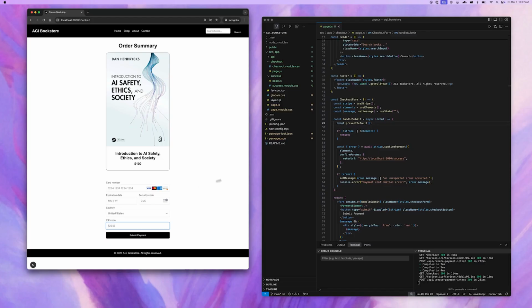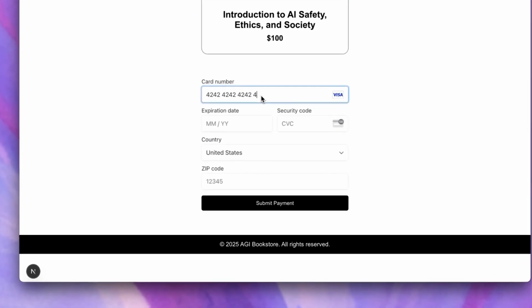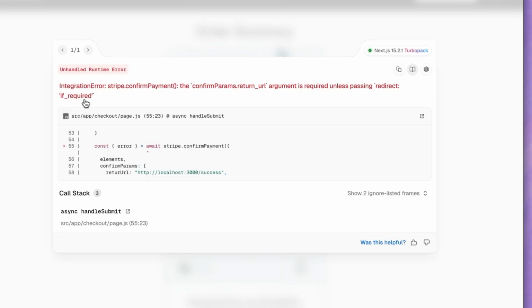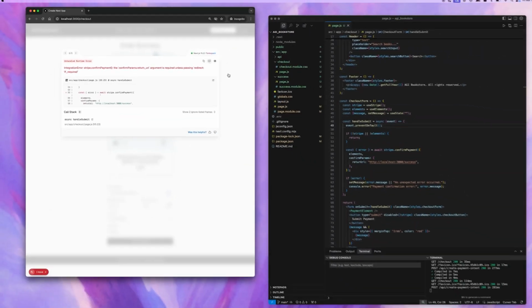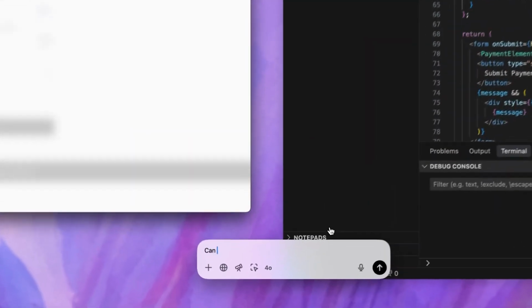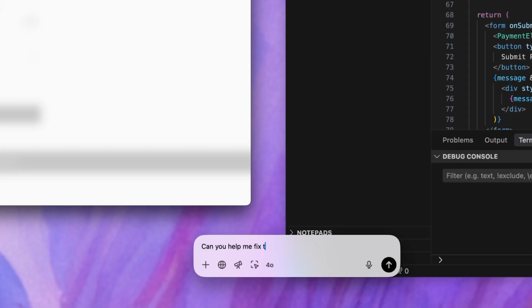I'm working on a checkout page for my new bookstore. However, when I put in my payment information, I hit an error. The error shows that I have an issue with my integration with my payment provider, and it looks like I'm missing a parameter. I'll open up ChatGPT via the Option plus spacebar shortcut and ask it for help fixing the